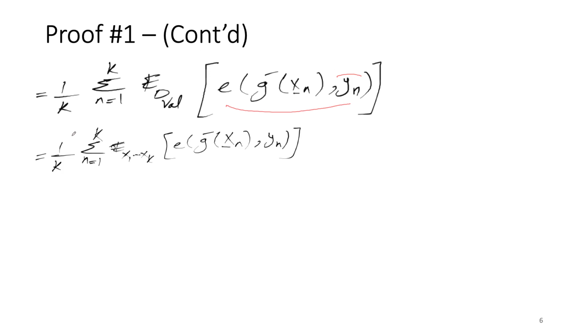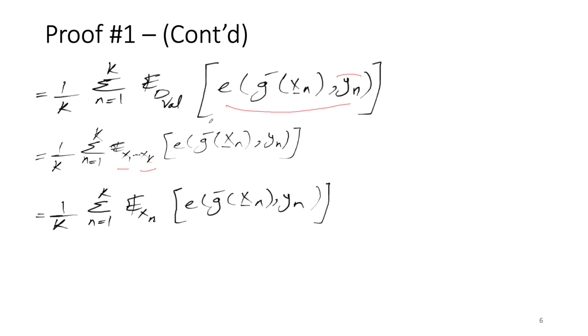We can expand this. Eval is equal to the expected value over n from 1 up to K, right, because we had K samples in Dval,